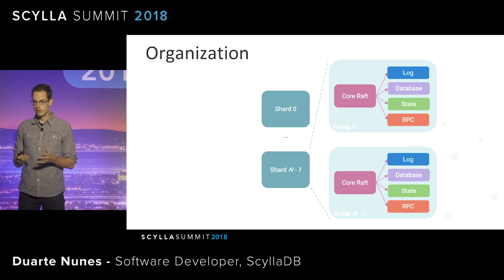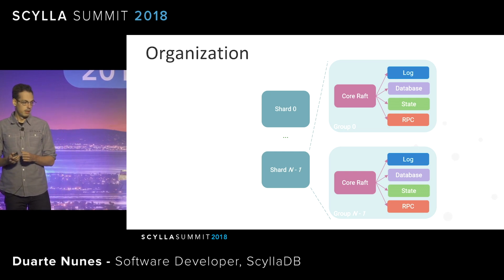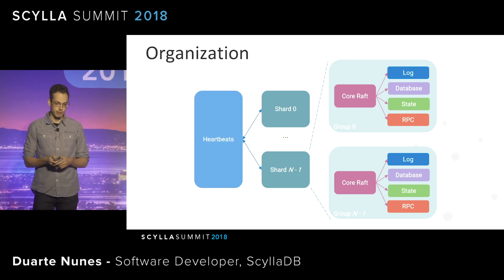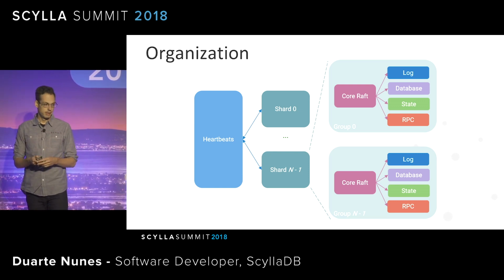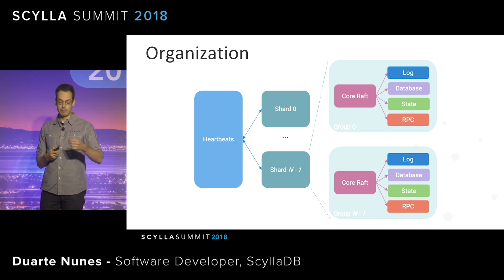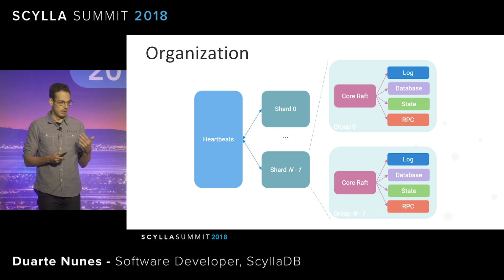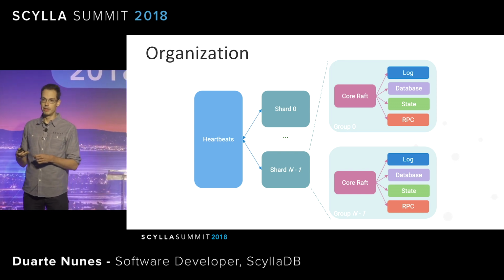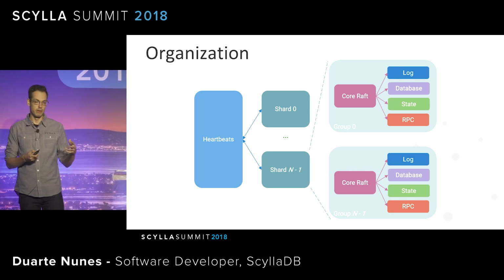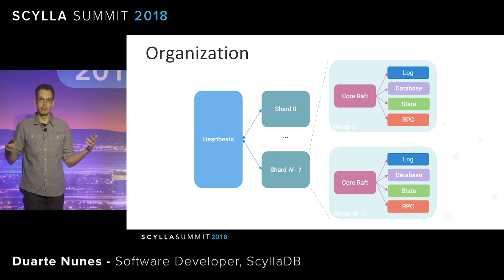However, we don't want to shard and replicate everything, namely heartbeats. So in Raft, a leader sends periodic heartbeats to the followers, and that's the way that the followers know that they still have a strong leader. The frequency of these heartbeats is directly related to the period of unavailability where a leader is lost, and a follower must detect that there is no leader and eventually become one itself.